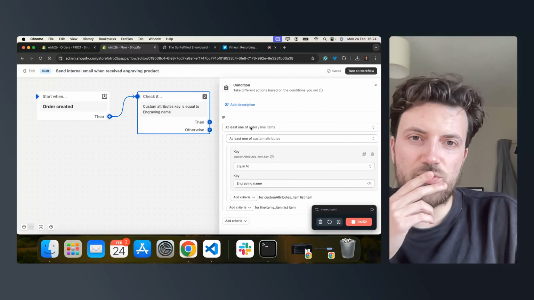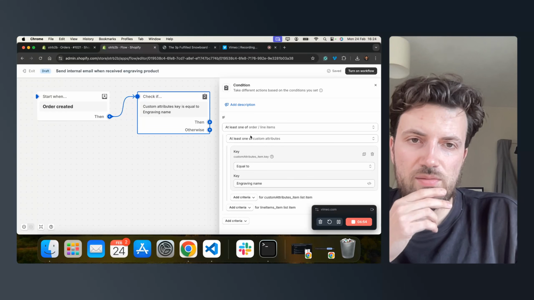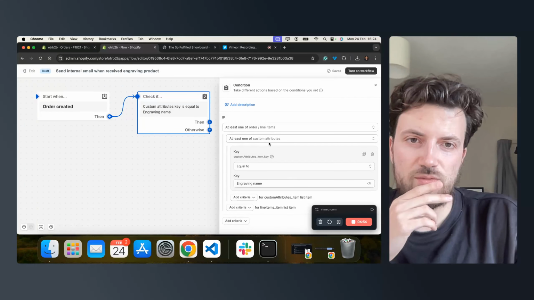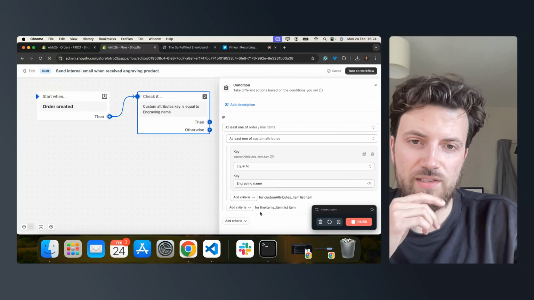So if at least one of the line items has at least one custom attribute which is equal to engraving name, then